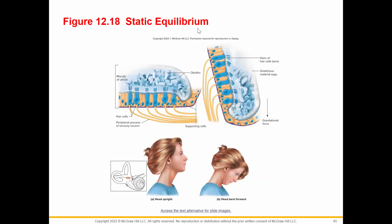If you look here, you'll see that you have what looks like little rocks. These are the otoliths. You have your hair cells with the little cilia on it. It is surrounded by your gelatinous fluid. And so